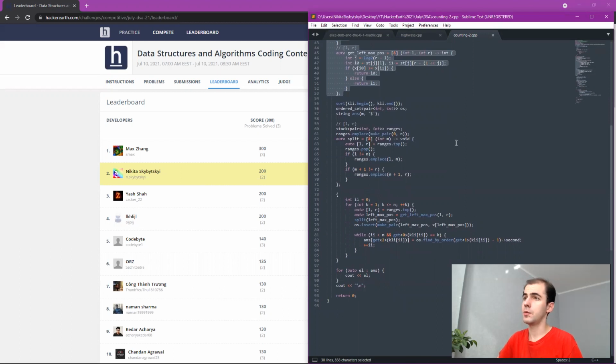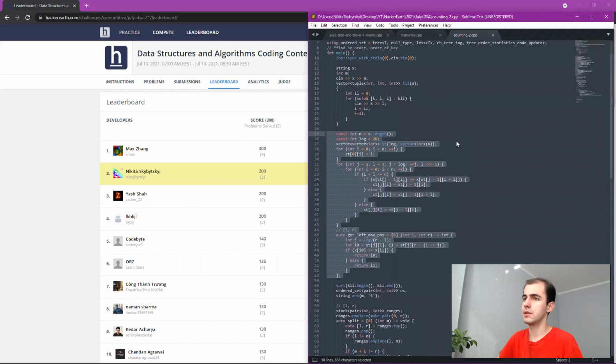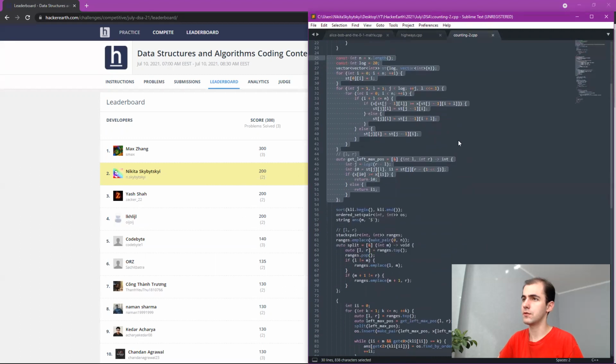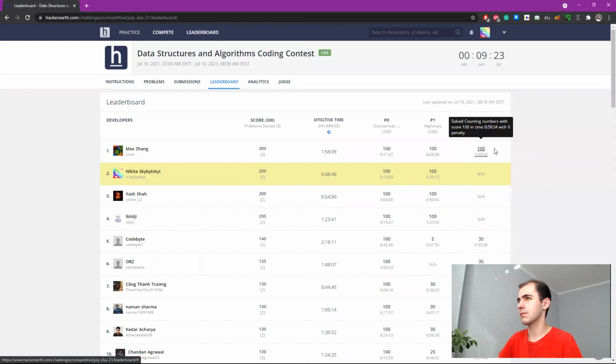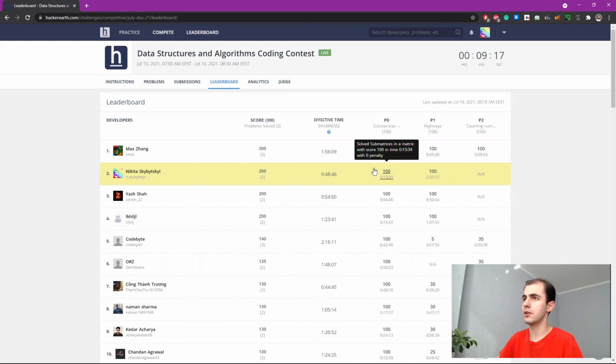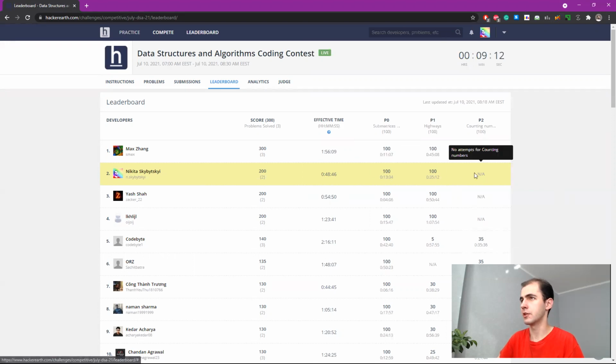If he managed to copy paste sparse table, I don't think that it gives that much of an advantage, if I'm honest. Even if he managed to copy paste splay tree for this one, it still is not that significant. No, I think I'm just stupid because even if I copy pasted everything, I probably could have saved like 10 minutes. And there are no copy paste saves on P0 and P1, so.